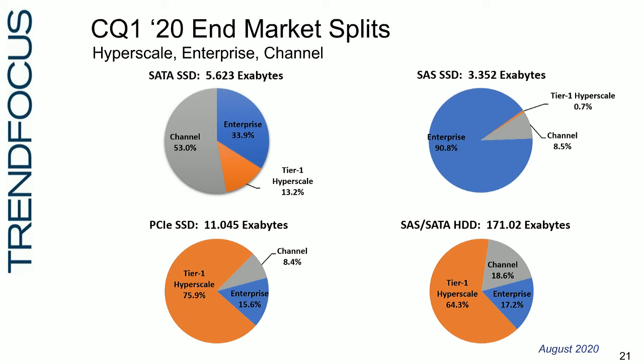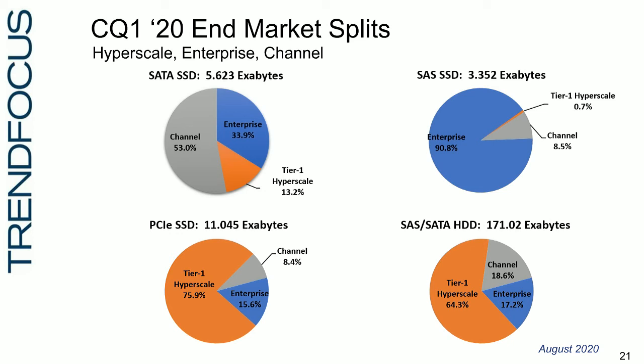So, take a moment to digest each pie chart here and where each protocol is consumed with those percentages. There are 3 main markets: the hyperscale market, the traditional enterprise market, and then the channel market. If we talk about the channel market and the SATA SSDs first, if we've learned anything from history,